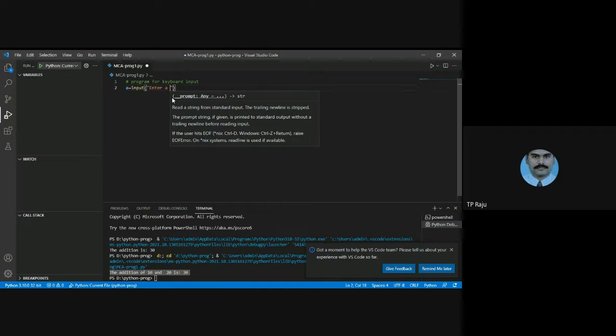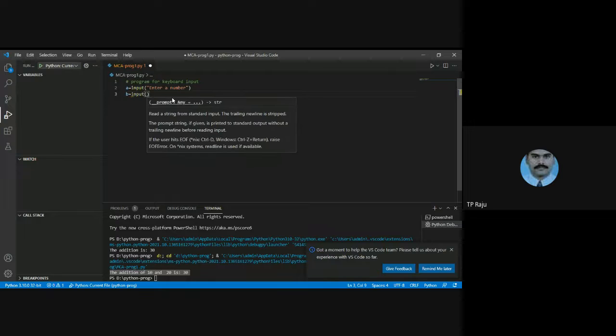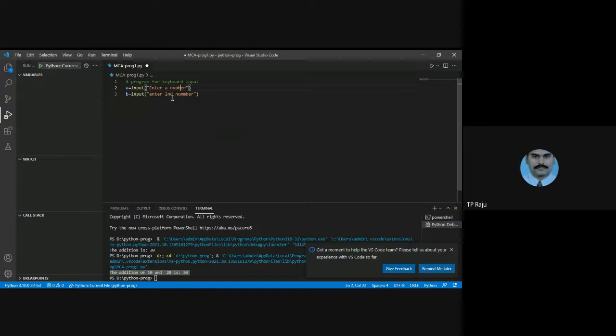Enter a number. Next, I write b equal to input, enter second number. Here you write enter first number, and here we put enter second number.